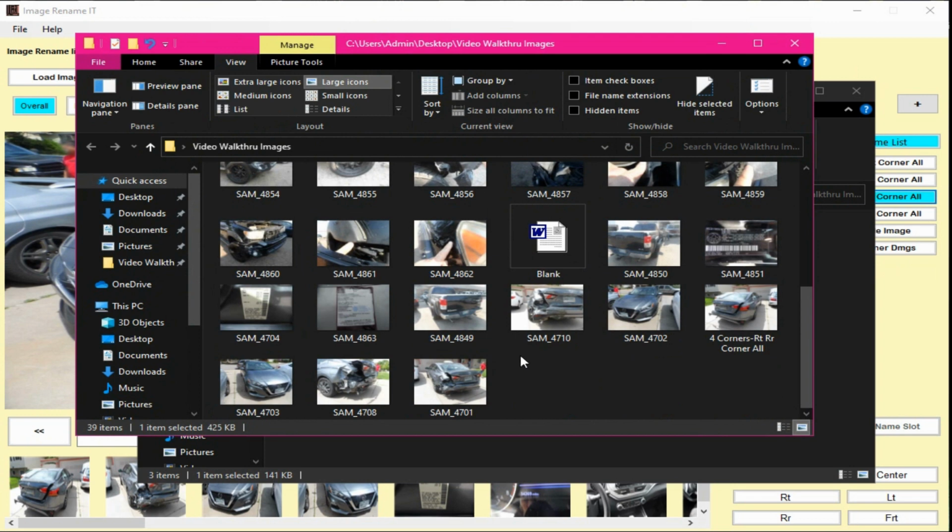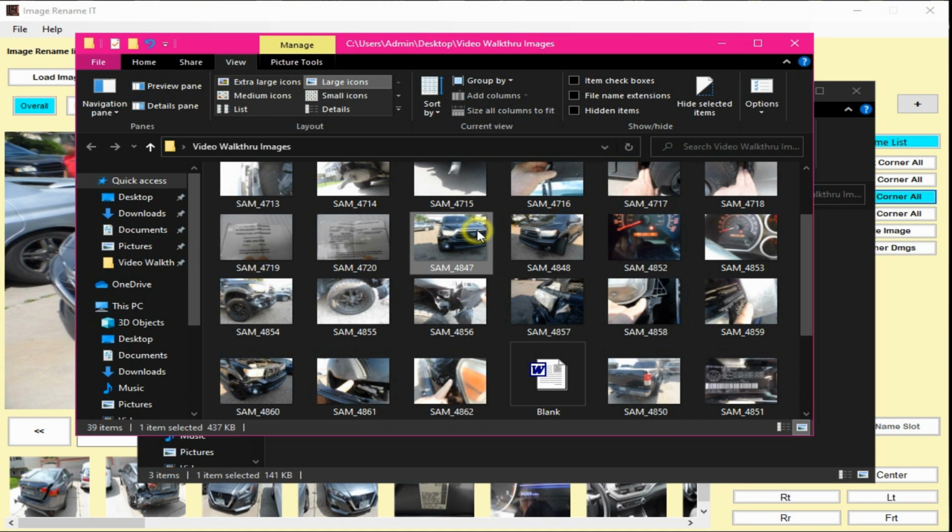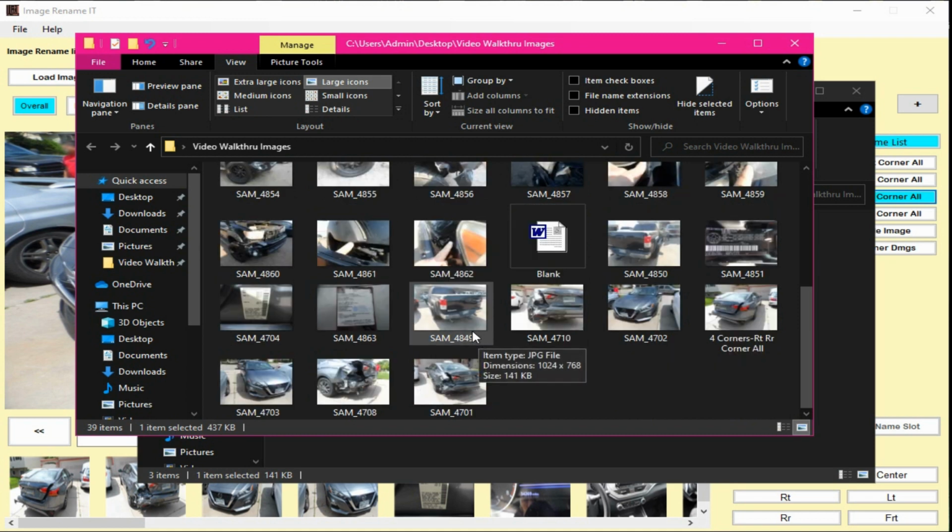Okay, let's say you've got 2 cars in here, and you're renaming the right rear corner like this image is here, and then maybe you've got another vehicle in here as well, and you're doing the right rear corner, say like this pickup truck here, right rear corner here. If you were going to do this pickup truck and you did those two images, so you got right rear corner all with no appending number, and then the next one's going to be number 2, and then if you did this pickup truck, it's going to be number 3 at the end of the name once you rename that